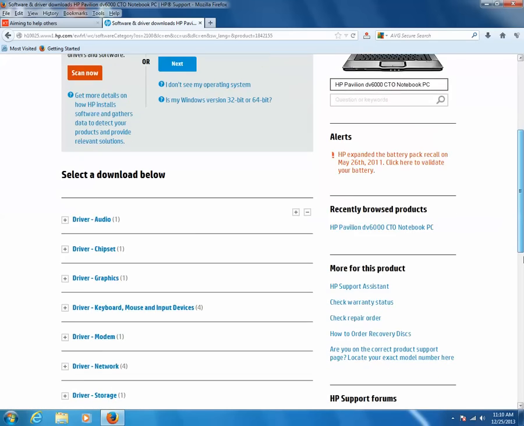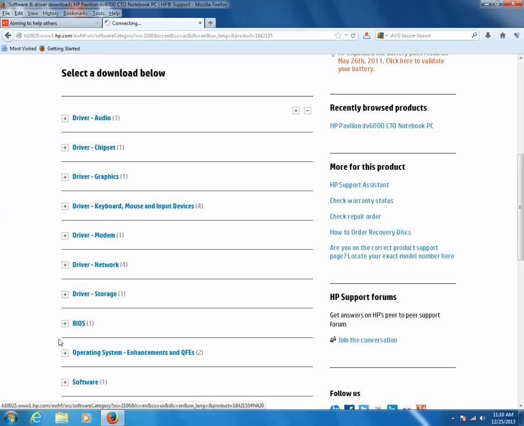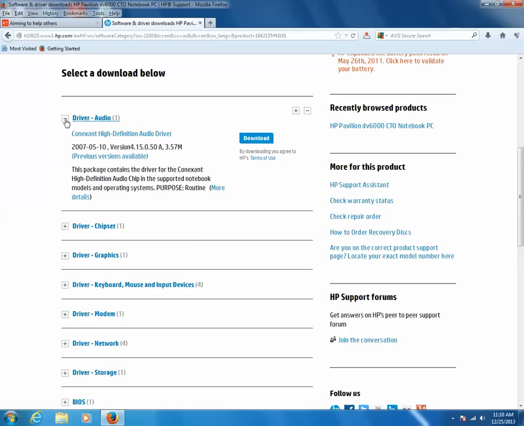And you can see different drivers for my operating system. So in my case, if I'm going to install the audio driver, I'll just expand this driver audio, select this one, download it, and then install. So in this way, if you know the manufacturer and the model number of your computer or laptop, then you can go to the manufacturer's website and download the audio driver for your computer, and when you install it, your computer or laptop should have the audio.